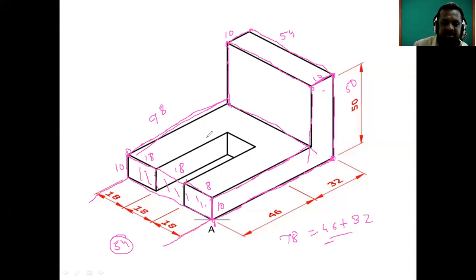And again it is very simple. Then tell me the length of this line. What is the length of this line up to this point? 46. Then this distance is 18. Again this is 46. Then from this point we have to take 46 and then join this portion. Means nothing is difficult in this figure. In a simple way we can easily draw this figure.